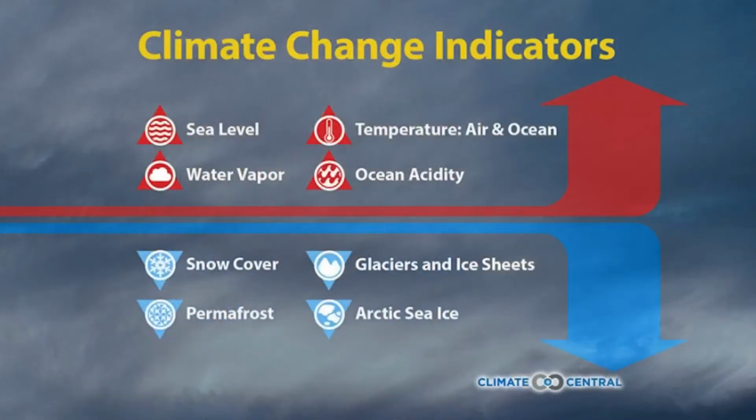But these indicators are directly linked to greenhouse gases in the air. An example is rising temperatures. You can track that over time. Another example might be our glaciers that are melting. You can track that over time. So these indicators are directly tied to greenhouse gas in the air.